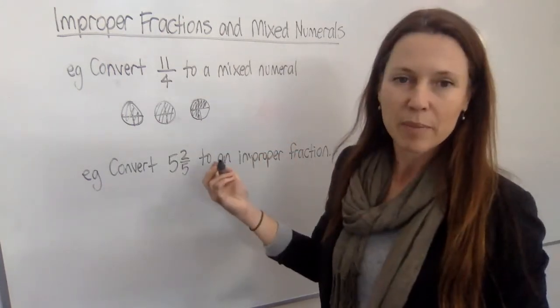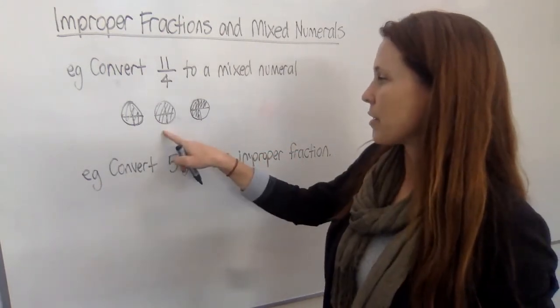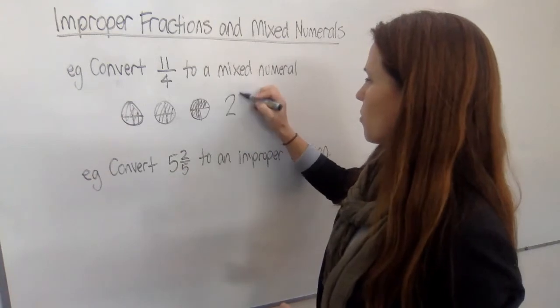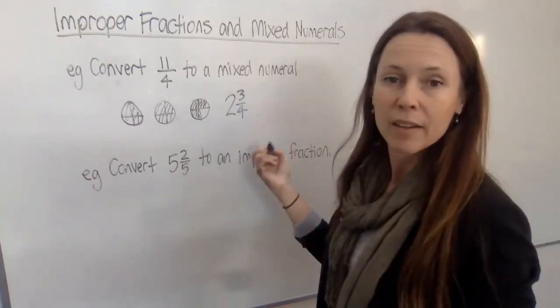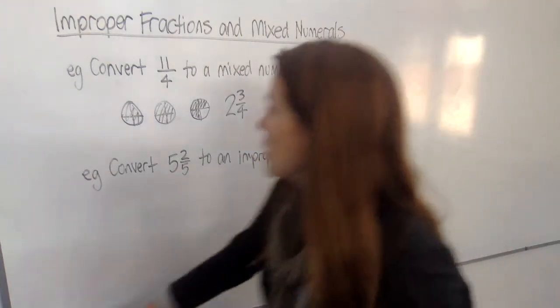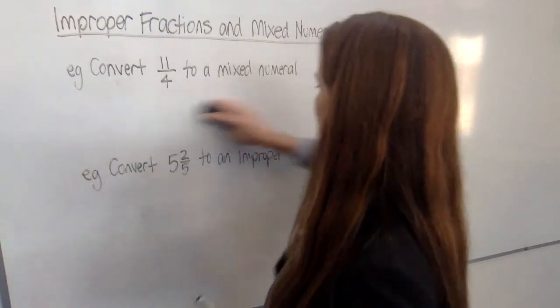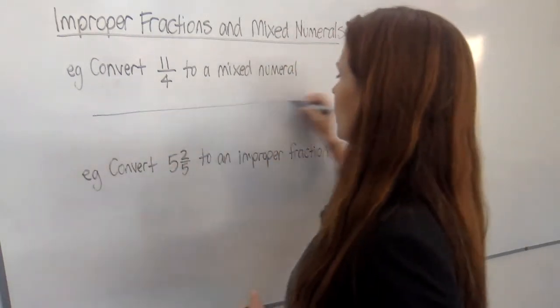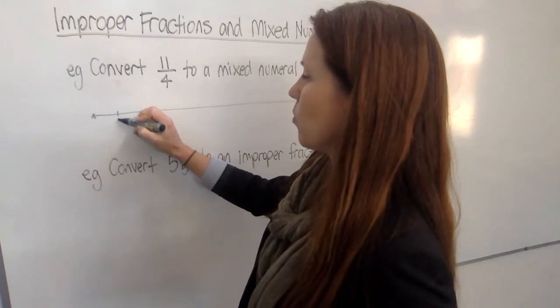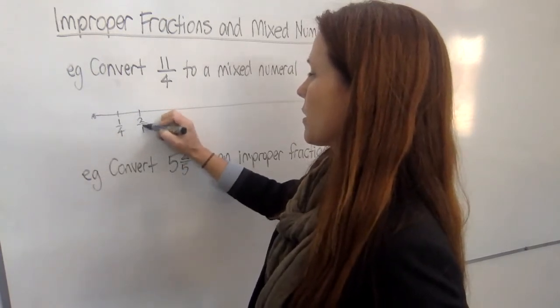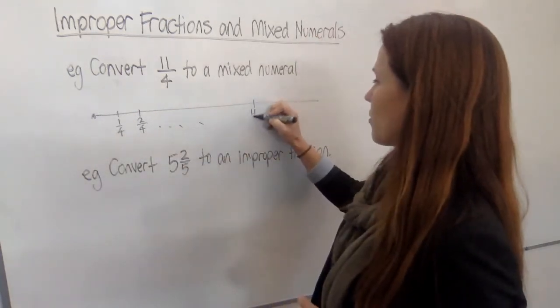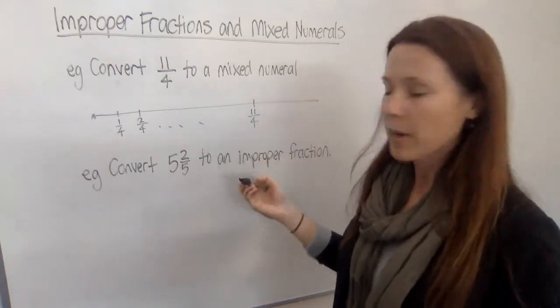And now have a look at how many pizzas you've coloured in. 2 whole pizzas, plus an extra 3 quarters. So you've got your answer that way. Nice and simple. Another way to do it would be to say, all right, if I've got a number line and I put 1 quarter, 2 quarters, etc., all the way up to 11 quarters, picturing where we are here